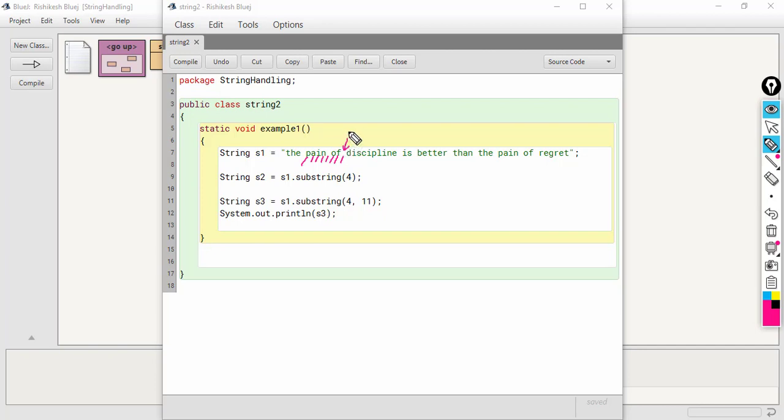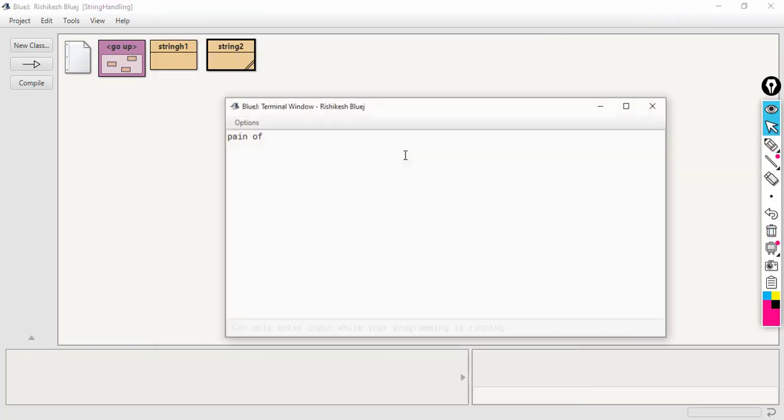So this space is index 11. That means our last character will be this one, 11 minus 1, 10. So the return value of this function will be pain off. Let's compile and execute. The answer is pain off.